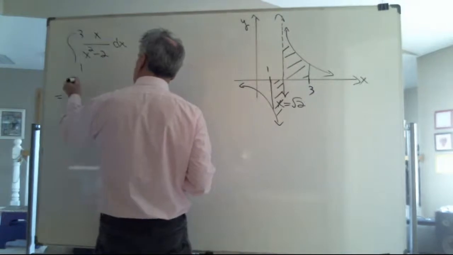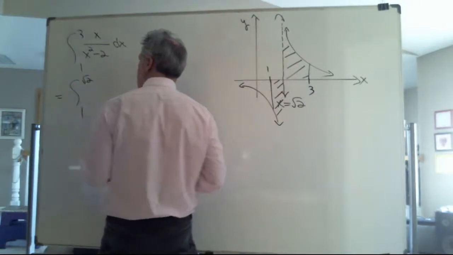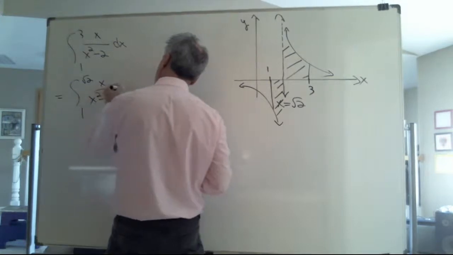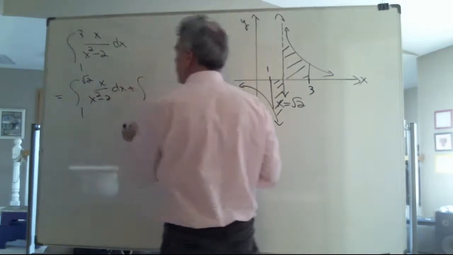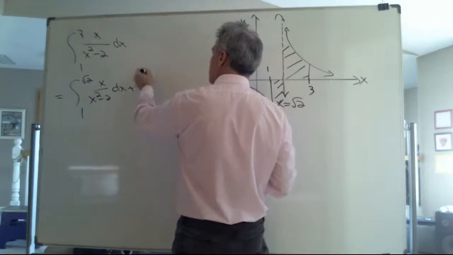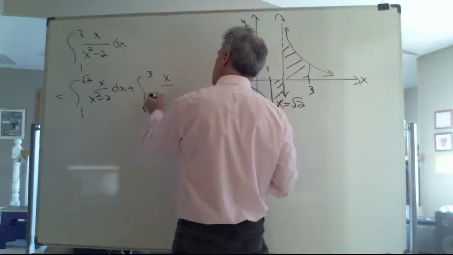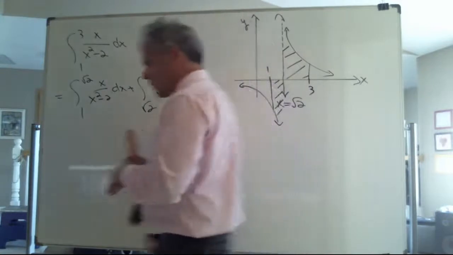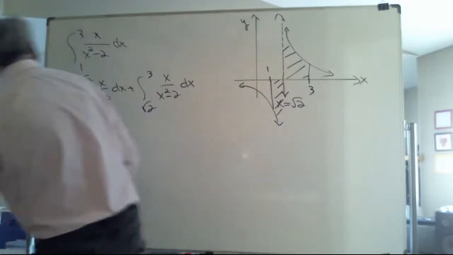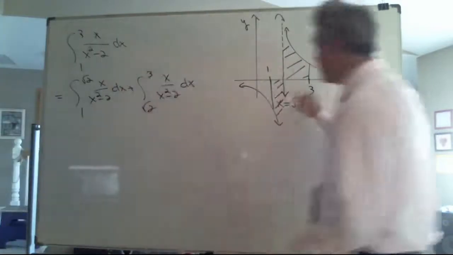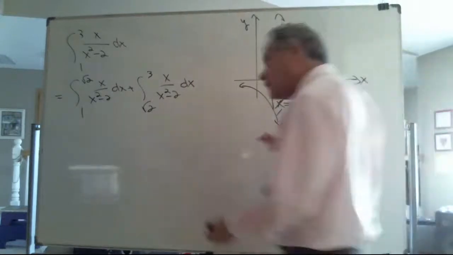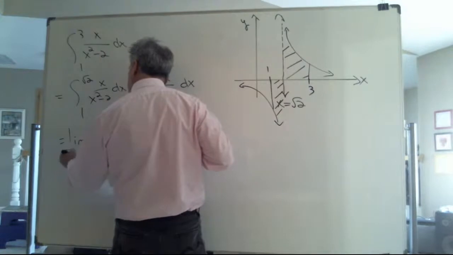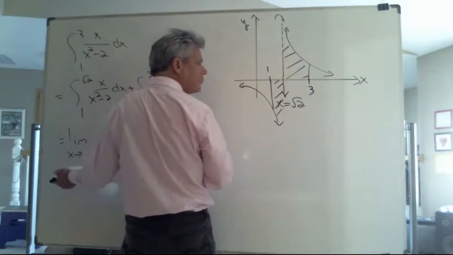from 1 to the value of x for which I have discontinuity, plus another integral from the value of x for which I have discontinuity to the other extreme. Now that being the case, both of these are clearly improper integrals because of two unbounded regions. So I think I have the limit as x approaches root 2 from the left-hand side